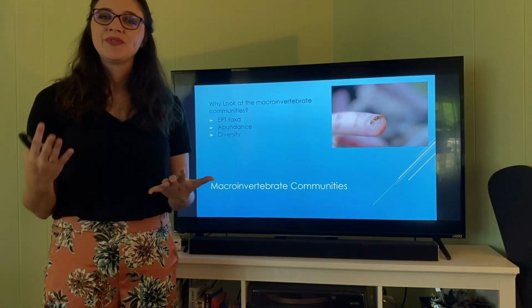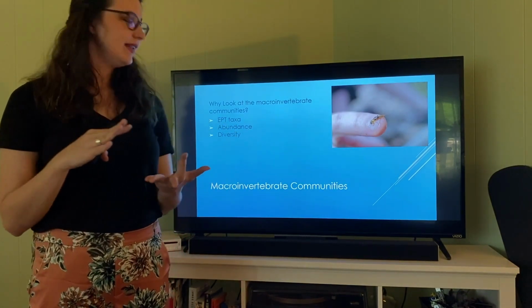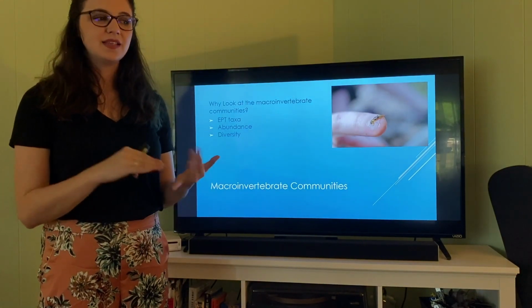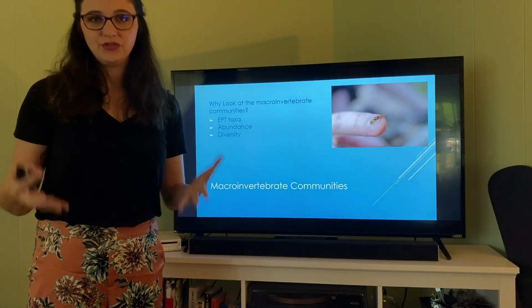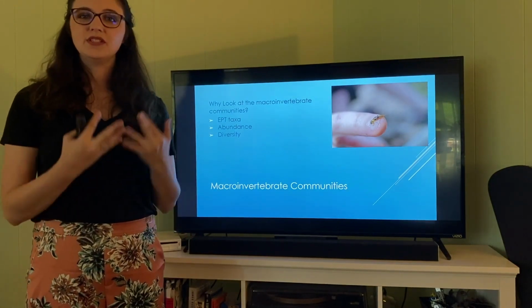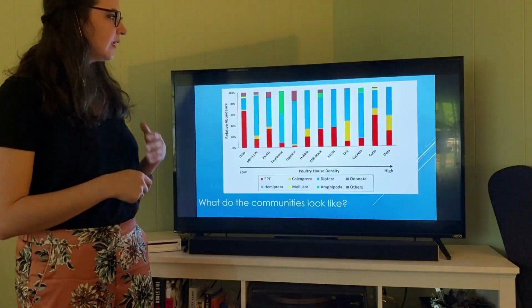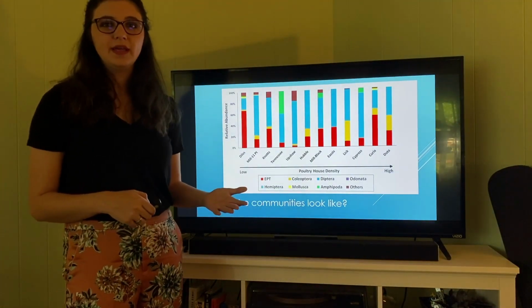Another thing we look at is abundance and diversity. Abundance is how many bugs are in the stream, and diversity is how many different kinds of bugs are in the stream. So what we found was that